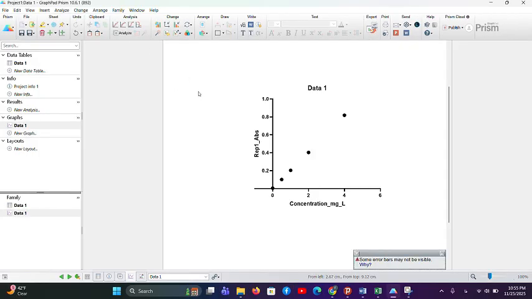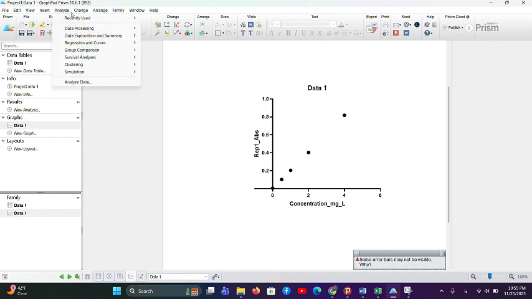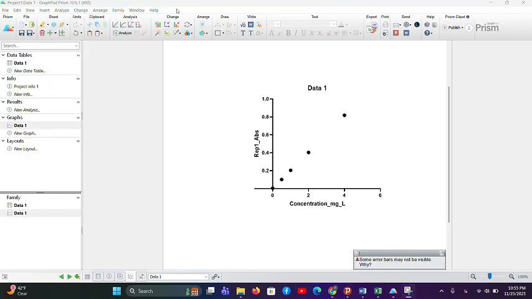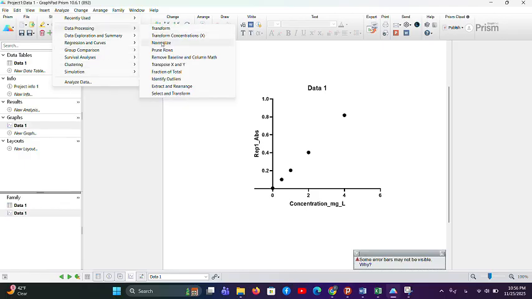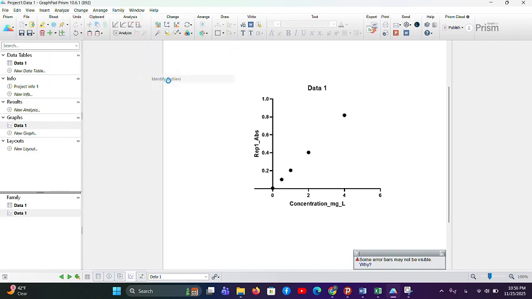So the most important part of this section is knowing about different kinds of statistical stuff here. As you see up there, you can choose the analyze button. Then you can have recently used, for example, stuff. For example, I've recently used the identify outlier, non-linear regression curve, or curve fit, and some other things. The other part, you can use some stuff from data process. For example, you can set identify outlier. If you just click on the identify outlier and click the OK button,